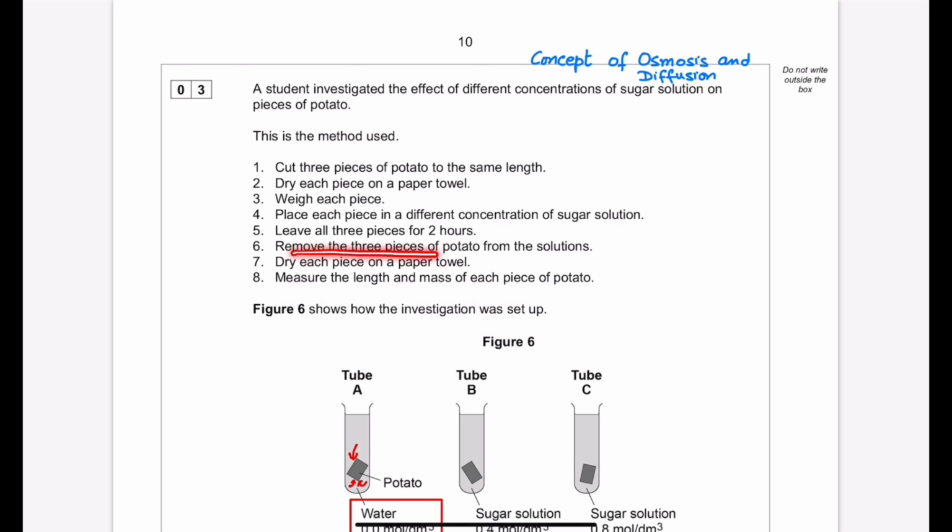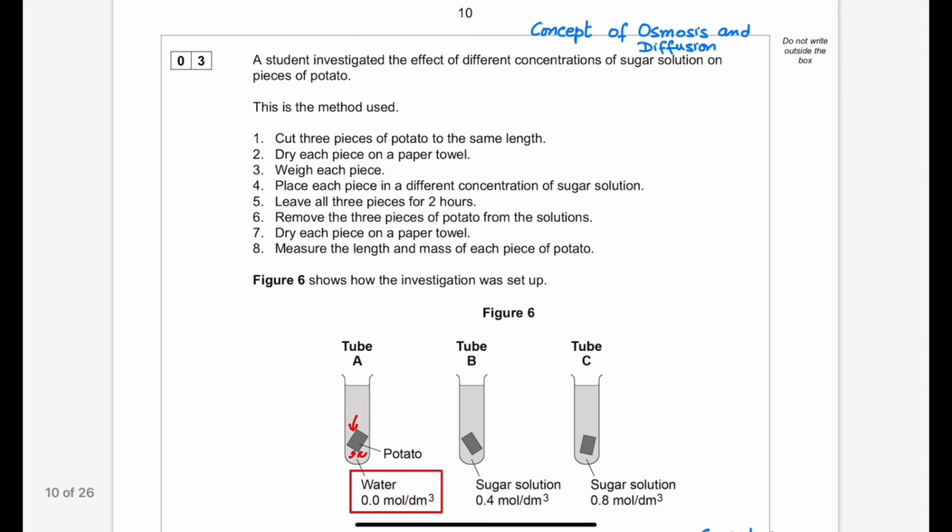remove the 3 pieces of potato from the solutions, dry each piece on a paper towel, measure the length and the mass of each piece of the potato. Figure number 6 shows how the investigation was set up. So if I look here, I highlighted some of the important areas for my students. Tube number A, tube number B, and tube number C. The potato cylinders or pieces are already there, same size,